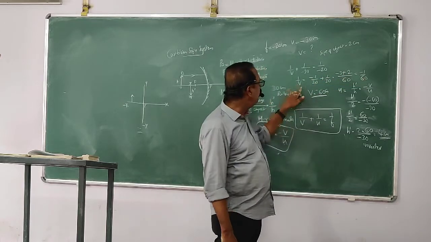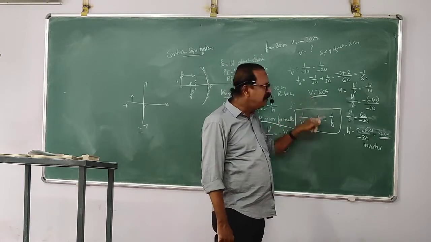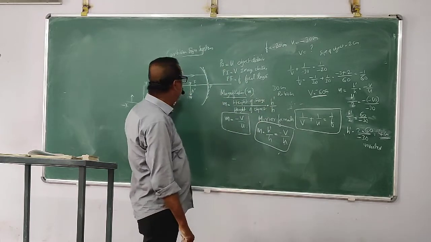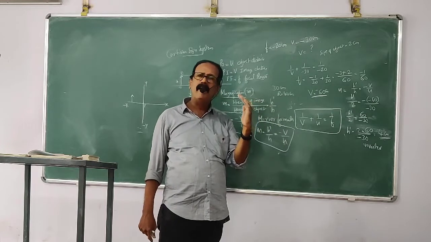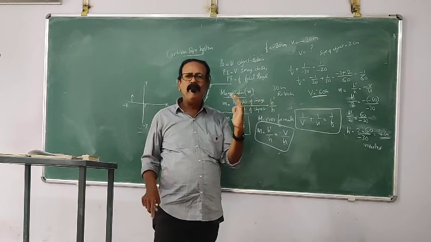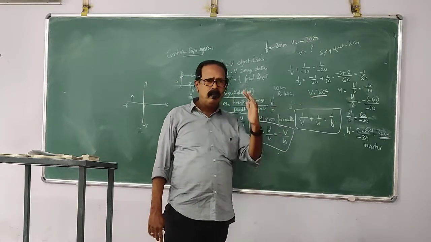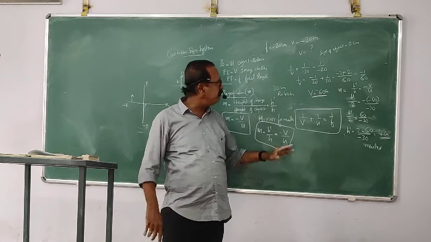So what is V? Minus 60. What is the implication? The image is formed at 60 centimeter from the mirror, but it is negative, meaning to the left of the mirror. It's a real image. Left of the mirror means it's a real image. So the image is formed at 60 centimeter from the mirror, to the left of the mirror, minus sign. Left of the mirror, with the sign you will get the answer.